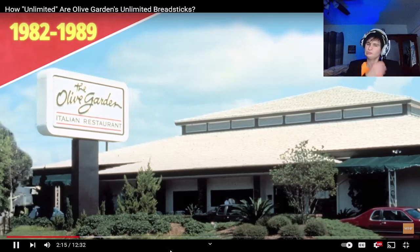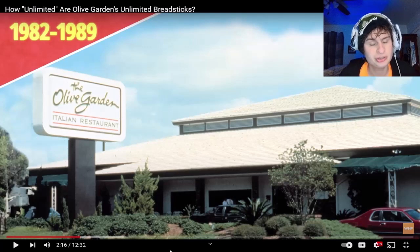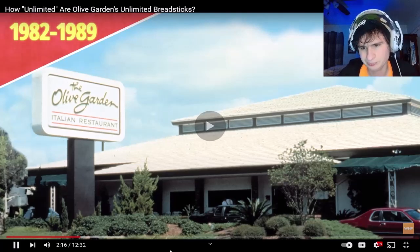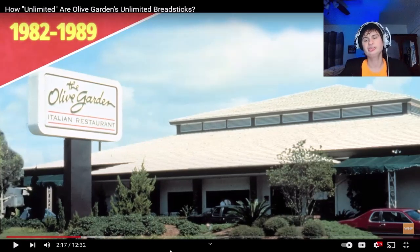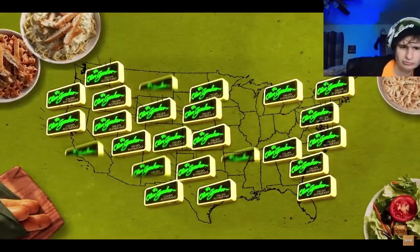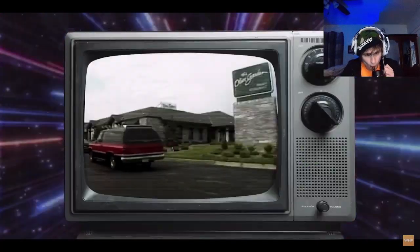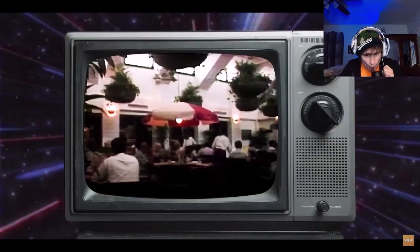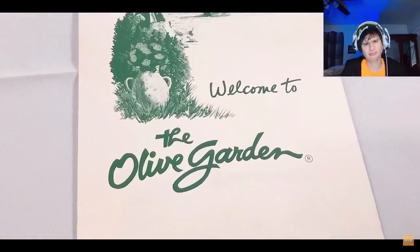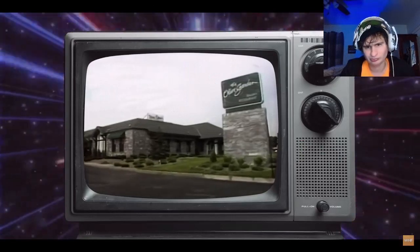The year the world's first ever Olive Garden opened its doors in Orlando, Florida. This is what Olive Gardens looked like back in 1982 through 1989. By the end of the 1980s, General Mills had established 145 locations across America. Olive Garden's success grew to rival that of its crustacean-loving sister company. At the time, Olive Garden was officially called the Olive Garden, a name the chain would stick with for a